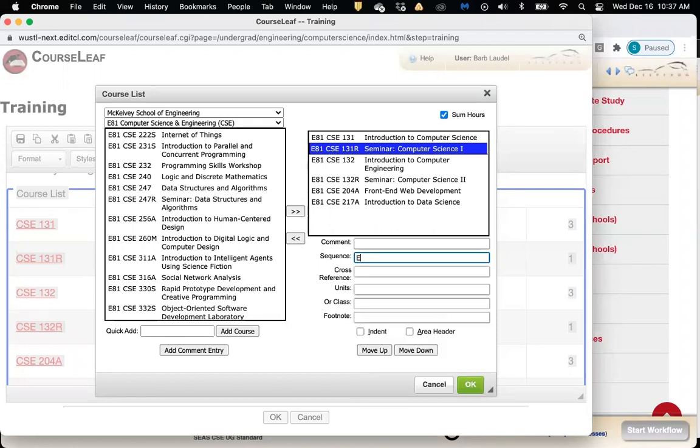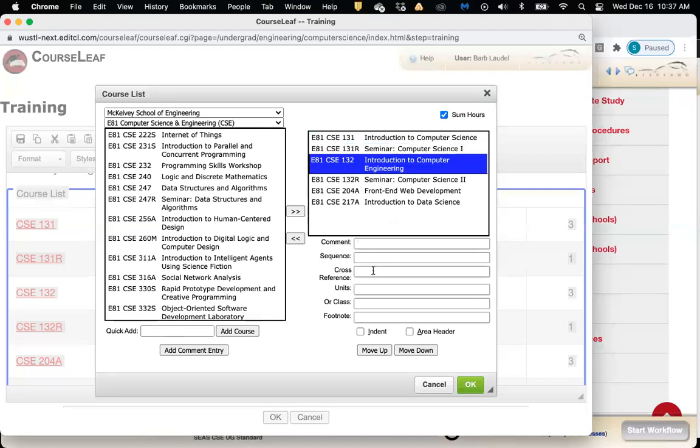So let's say I type in E81 CSE 222S. Okay, so the sequence only applies to this 131 course. Now, if I click back on 131, I have that comment showing again. So that comment didn't go away.